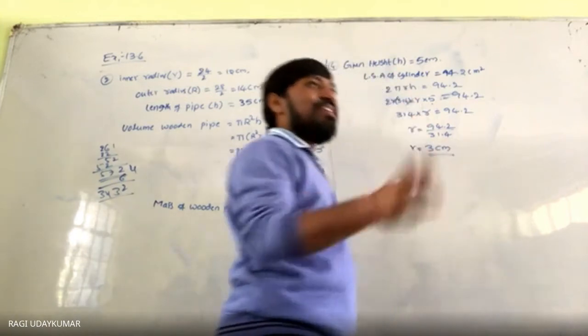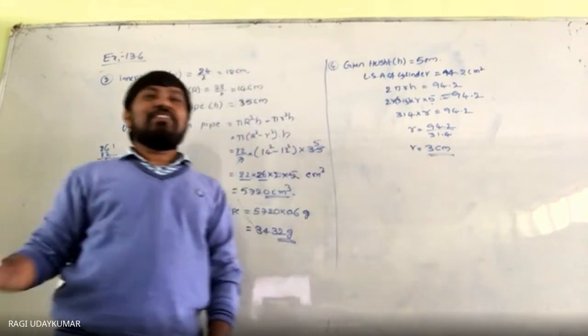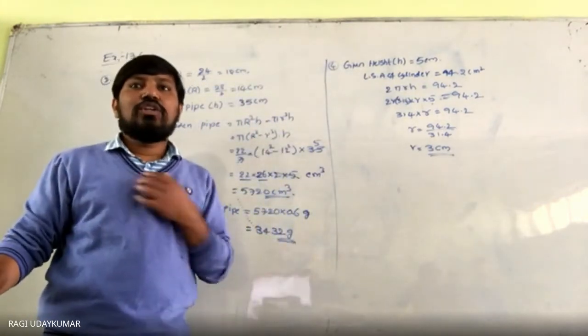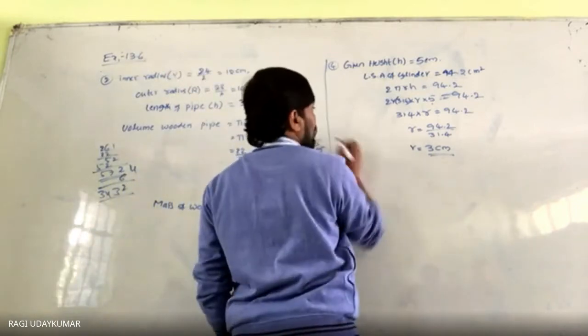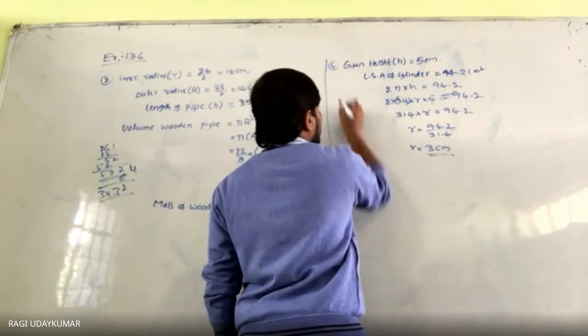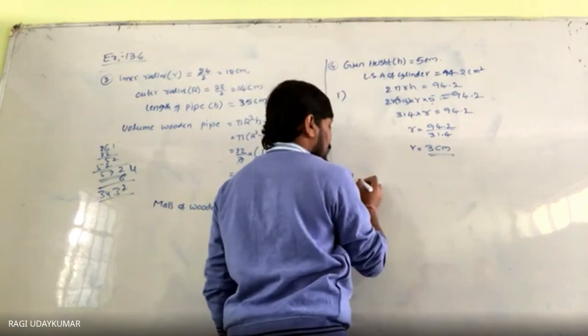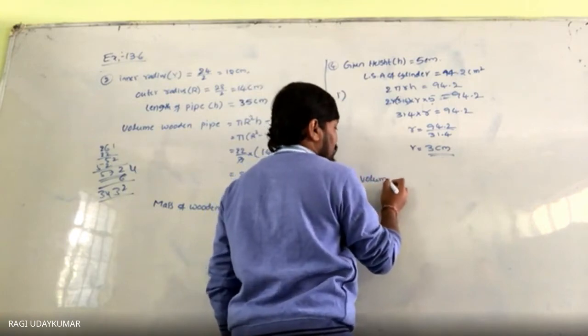To make it easy, the pi value is given to you as 3.14, and it asks you to find the value. So the volume of the cylinder, second question. In the first part it is given to you, and the second part asks for the volume of the